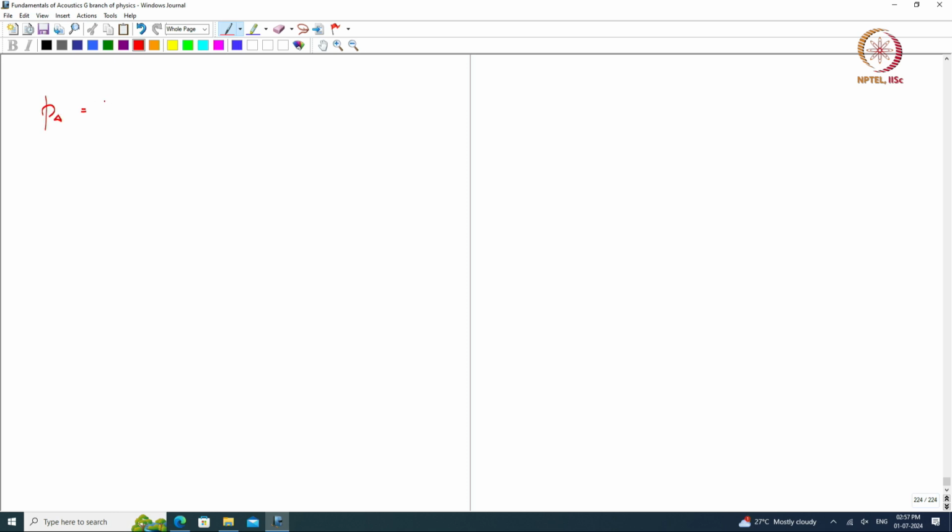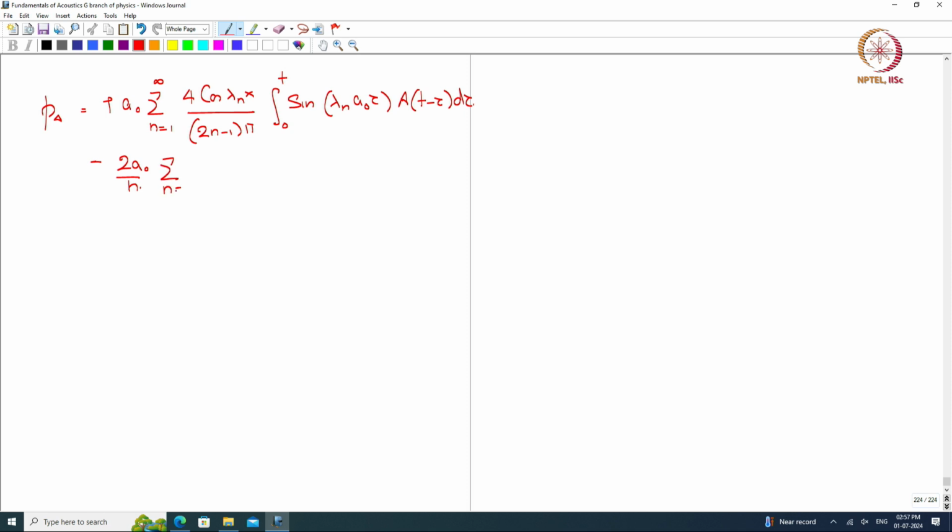Then P delta is rho a0 summation n equal to 1 to infinity 4 cos lambda n x by twice n minus 1 pi integral 0 to t sin lambda n a0 tau a of t minus tau d tau minus twice a0 by h summation n equal to 1 to infinity minus 1 to the power n cos lambda n of x integral 0 to t sin lambda n a0 tau p of t minus tau d tau,